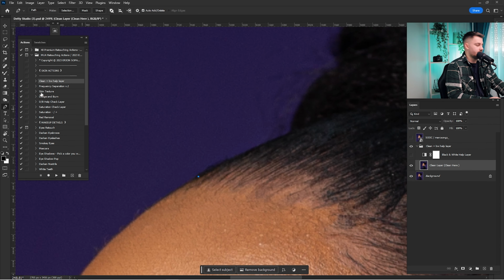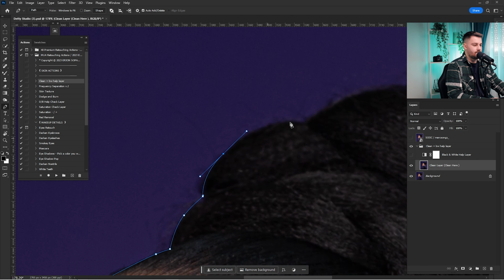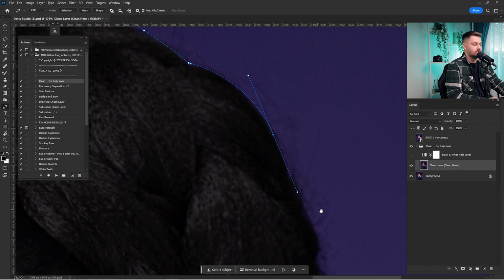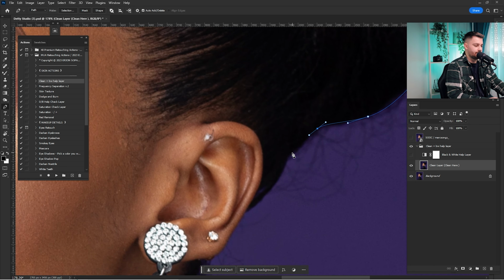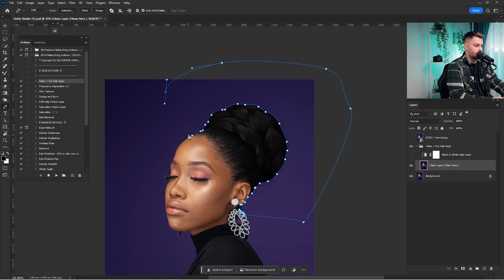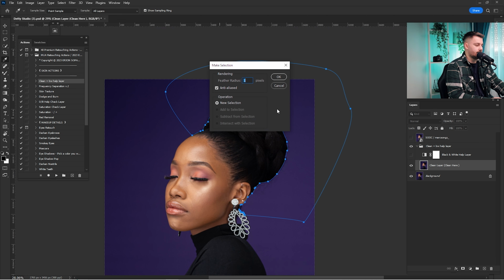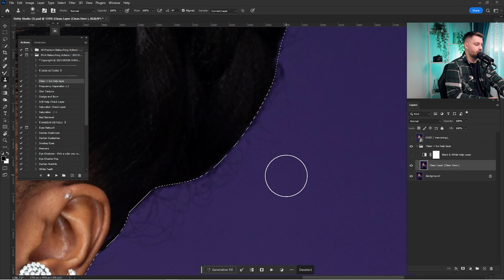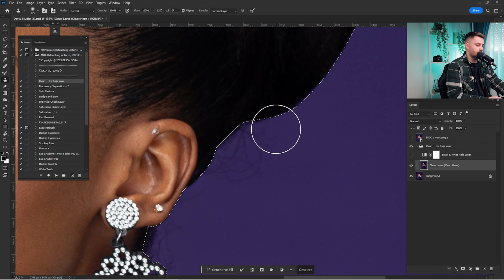I'm just gonna create a selection around the head, just like this. And I will be using the clone stamp tool to clean the ear. Right click and click here on make selection. And I'm going to choose the feather radius of 2 pixels. I'm gonna zoom in. With the clone stamp tool, I'm just gonna copy and paste as near as possible, just